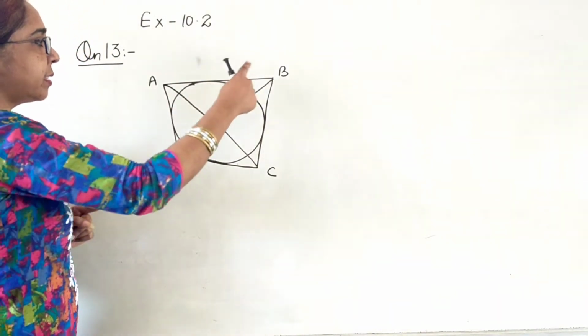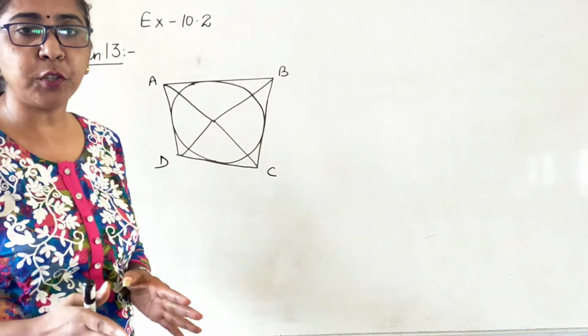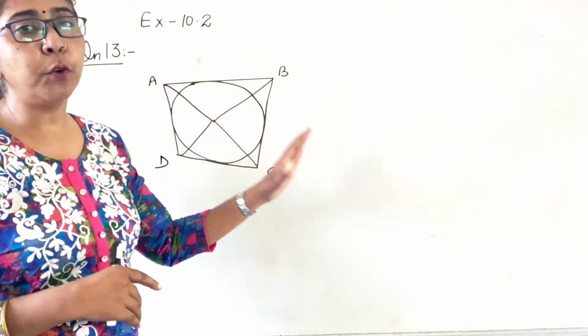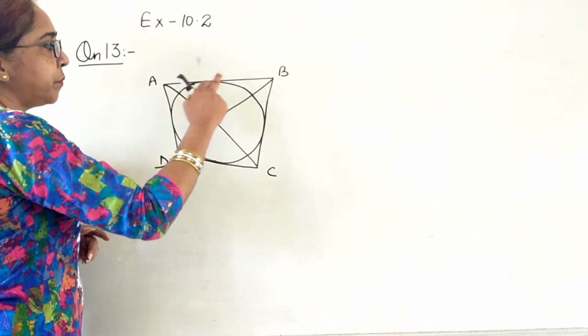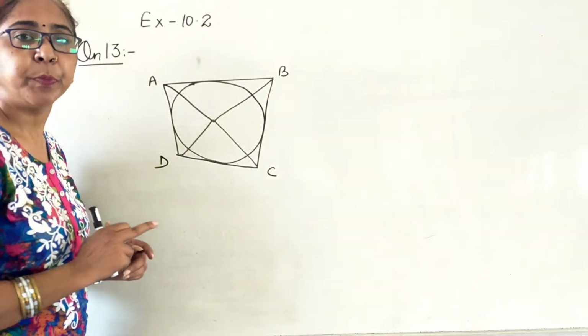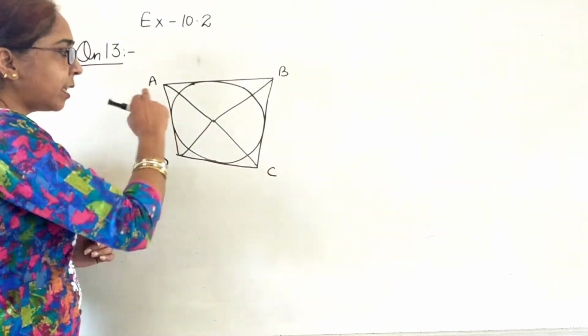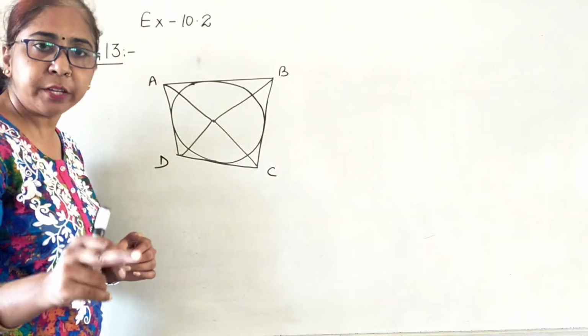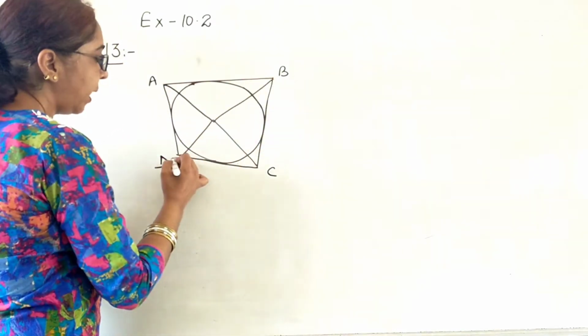In the question, there is a circumscribed quadrilateral. The name is not given in the question, but we have to give the name for doing the proof. So I have given the name to this quadrilateral as A, B, C and D. Right? So what we have to prove is that if it is a circumscribed quadrilateral, then the opposite sides AB and